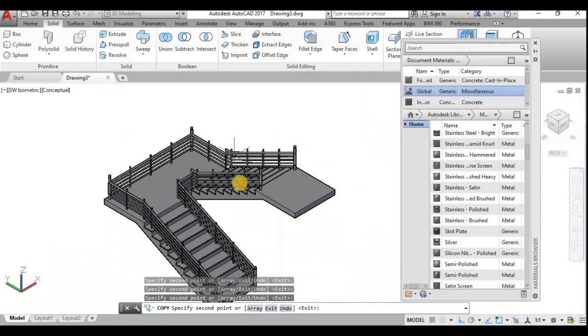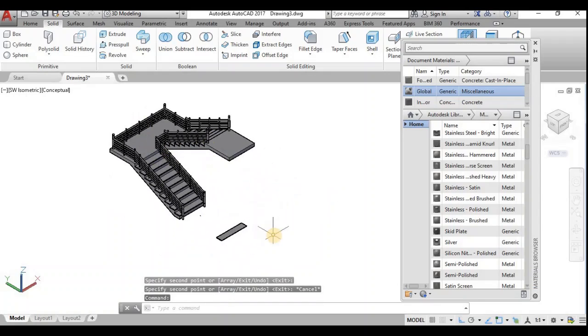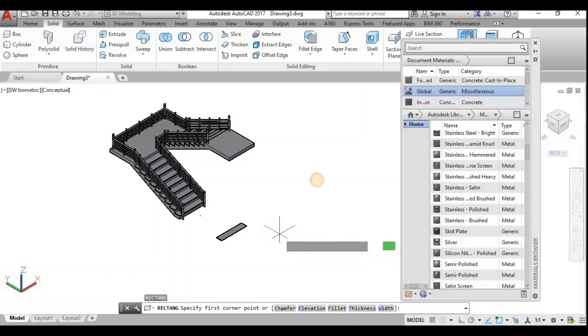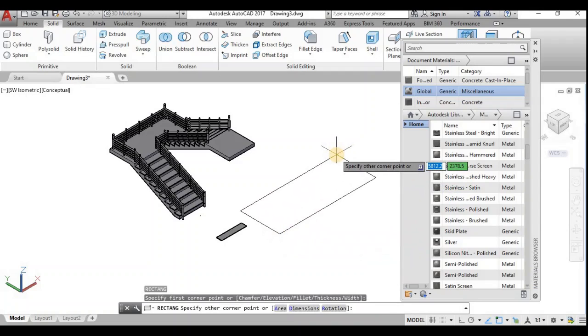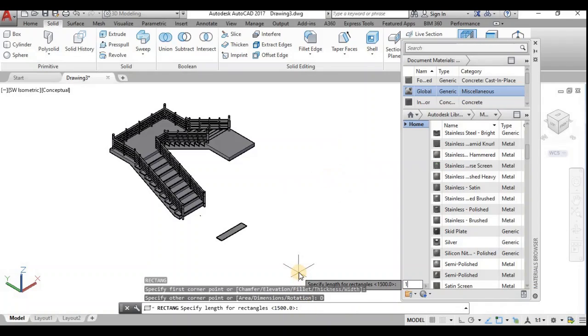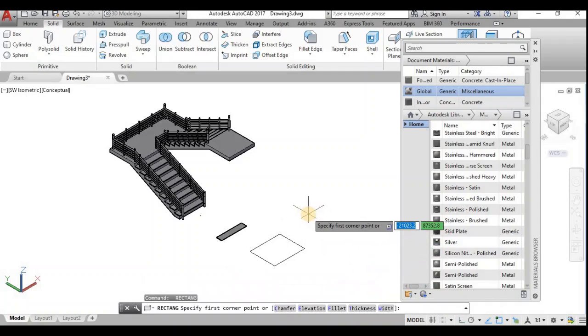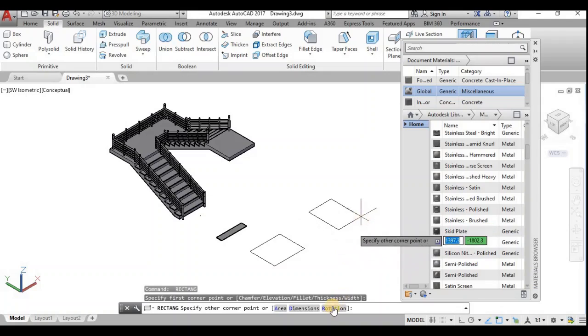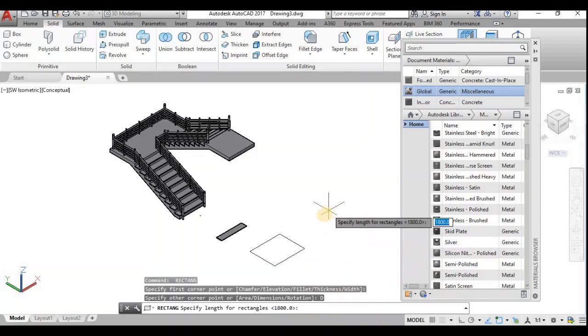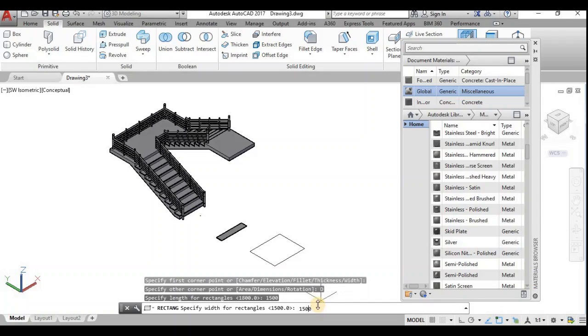Now again you need to provide for the landing space. So I shall draw a rectangle of dimension 1500 or 1800 by 1500, and another rectangle of dimension 1500 by 1500.